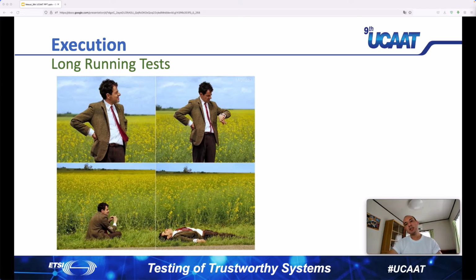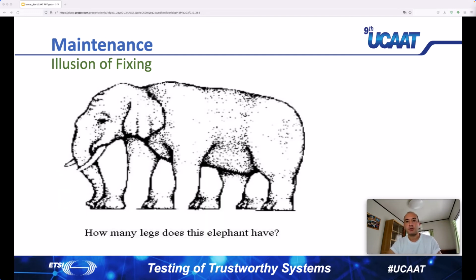But what we can do is, at least we can get rid of the dummy waits if we have them in our test automation framework, or if we have any redundant checks or code which is not really needed to assert the expected result. We can get rid of these kinds of issues in our test automation framework to optimize the test execution durations. And finally, the last ring of the whole chain is the maintenance, because we design test cases,